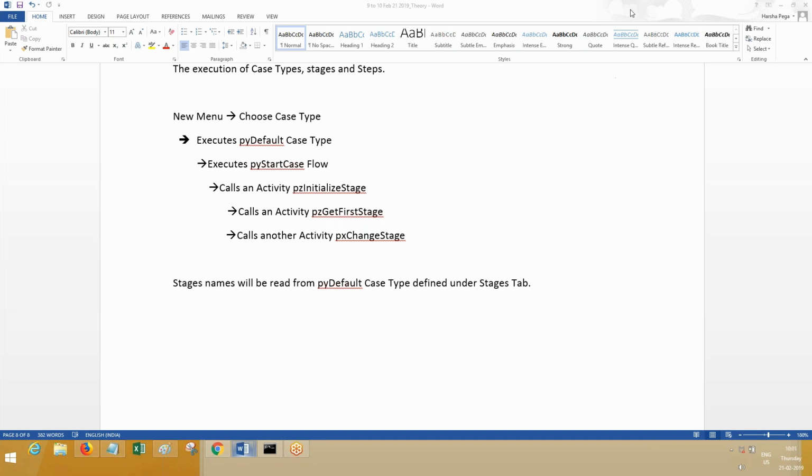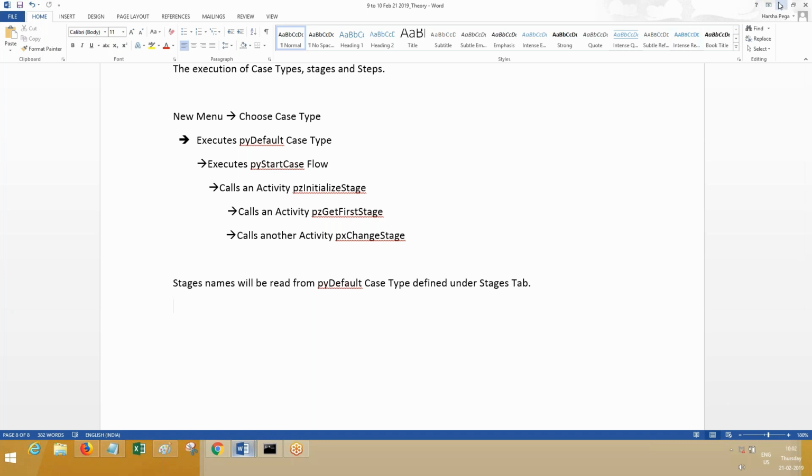Someone else is asking something else. Harsha, yes. What happens if we enable create a new work object on all the stages? Is the facility provided, or is it not enabled? The option itself is disabled, which means you cannot check that checkbox at all. Yeah, it's disabled by default. At the same time, the PY start case checkbox is selected plus disabled, which means you cannot uncheck that. That must always be selected.